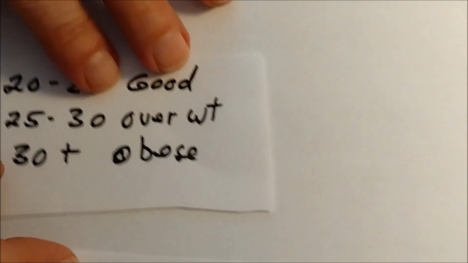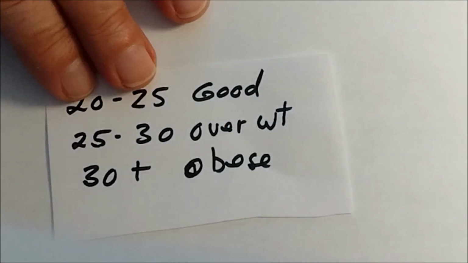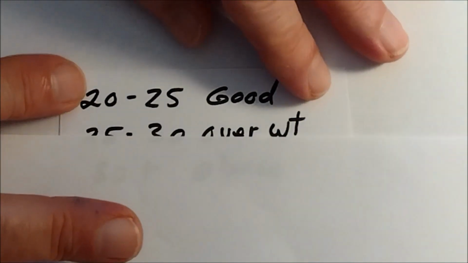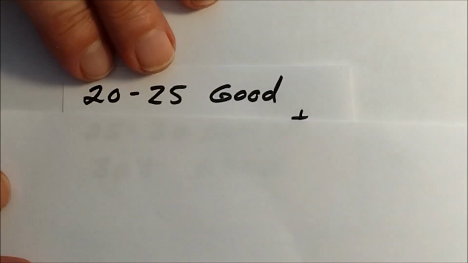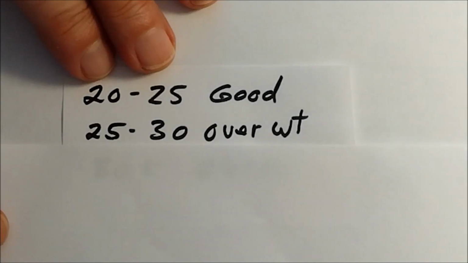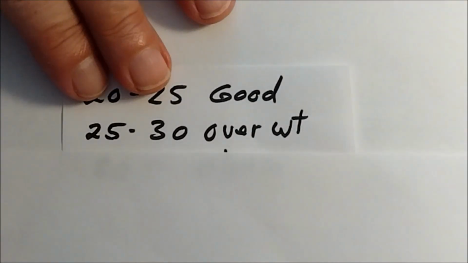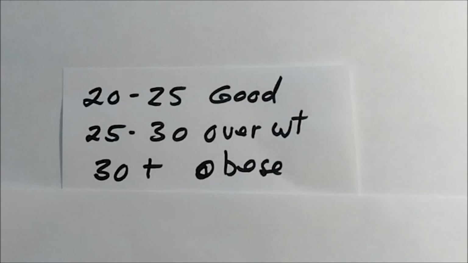Oh, this is just a ratio. The numbers have no real value. If the ratio comes out somewhere between 20 and 25, then that's good. That's a pretty normal weight. If it comes out between 25 and 30, then you regard it as overweight. But if it's 30 or above, 31 or above, now you're called obese. This is what's been set up to decide who's obese and who's not.